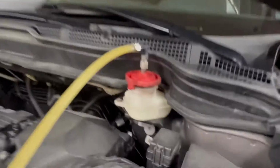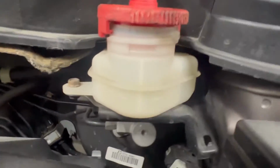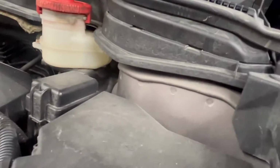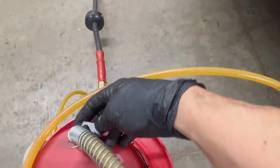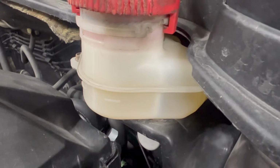So I put this adapter on there. This one's a little easier because it's easier to access. And that is on there. So now our adapter is on there, locked down. And I think that's, yeah, there we go. That's good. So then I'll open this top valve, and that fills up our reservoir. As you can see, it'll obviously get to a point where it stops,